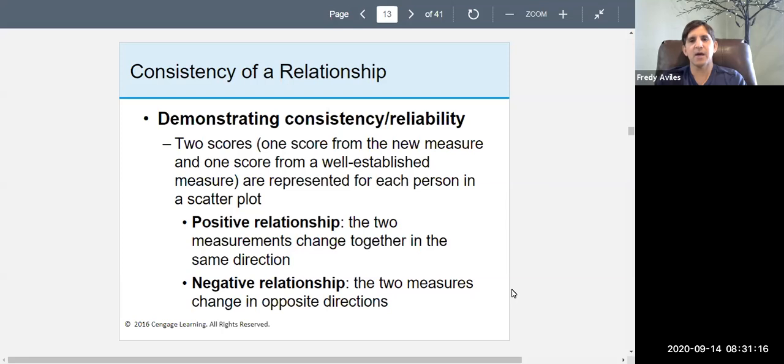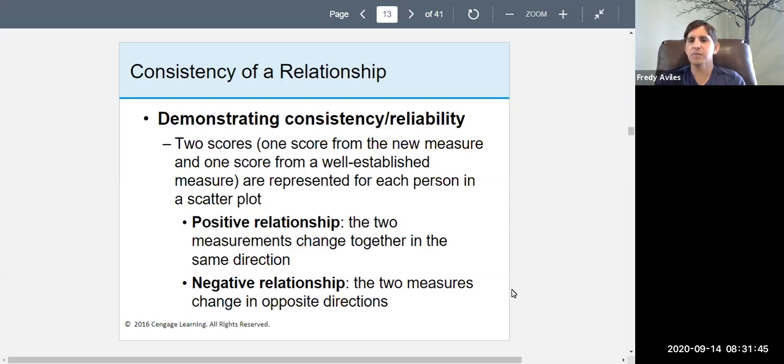You represent them on a scatter plot. Remember the scatter plot from 101? It's used to determine correlation. Well, with correlation, we can determine consistency or reliability. So if you plot the scores, let's say you give somebody a test one week and then you give them a test the second week, you check to see to what extent the scores are related. Now you need to do this for more than one person to get a correlation. But if you have a positive relationship,